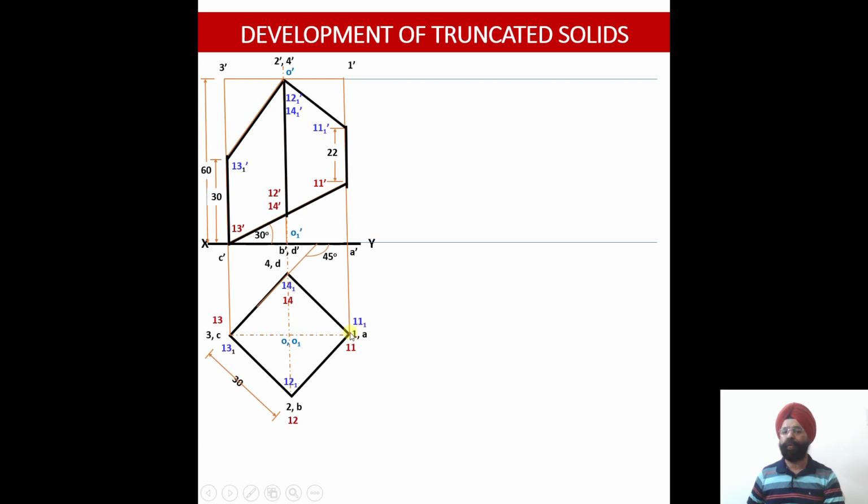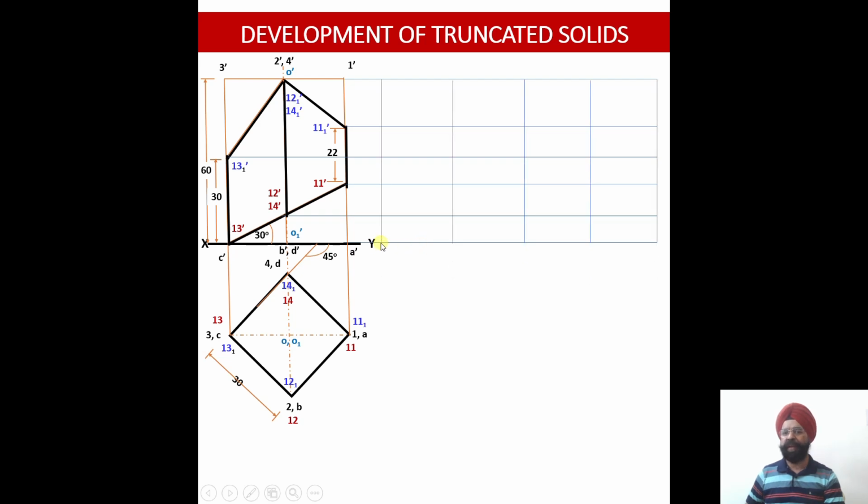Now first of all, I am going to cut this portion over here. I am going to start my development by cutting the 1A edge. So my first edge will be 1A. So just see, this edge will be 1A over here. Let us say I have marked these points. So you see how I am moving. I have started from 1A and then I am moving in this direction, that is, in the clockwise direction. You could have moved in the other direction as well. So from 1A I am moving in this clockwise direction. The next point encountered will be 2B, the third point encountered will be 3C, the fourth point encountered will be 4D, and